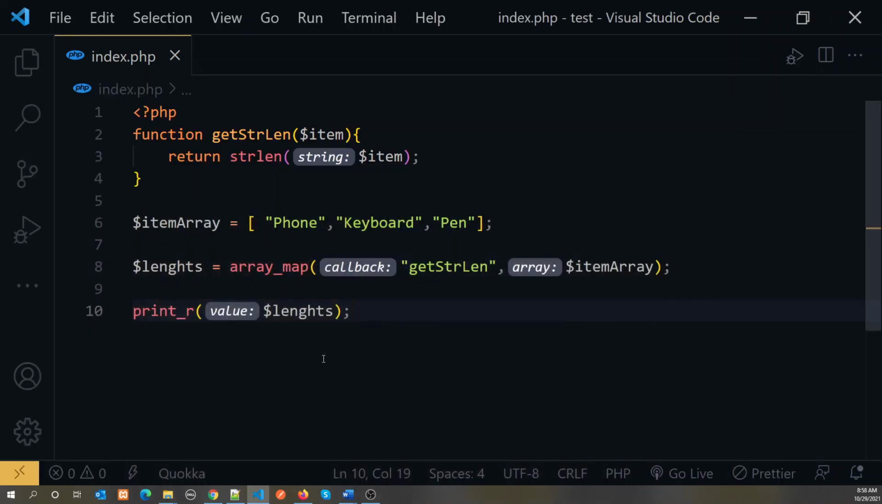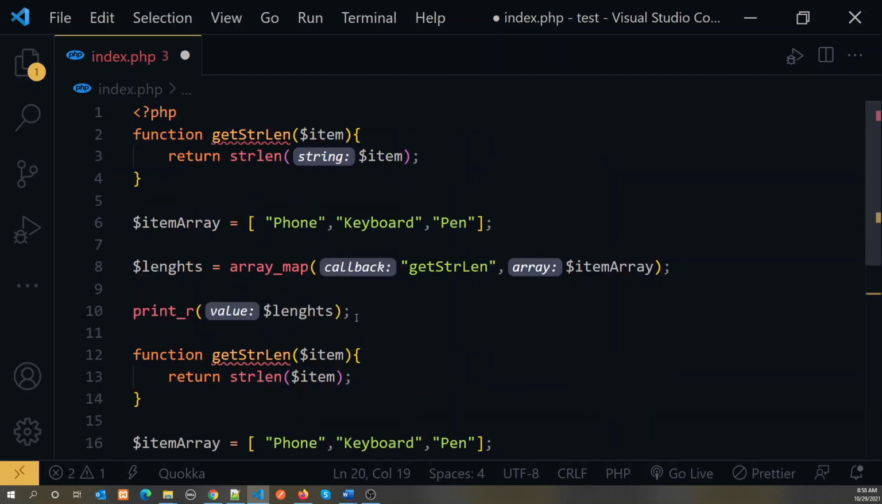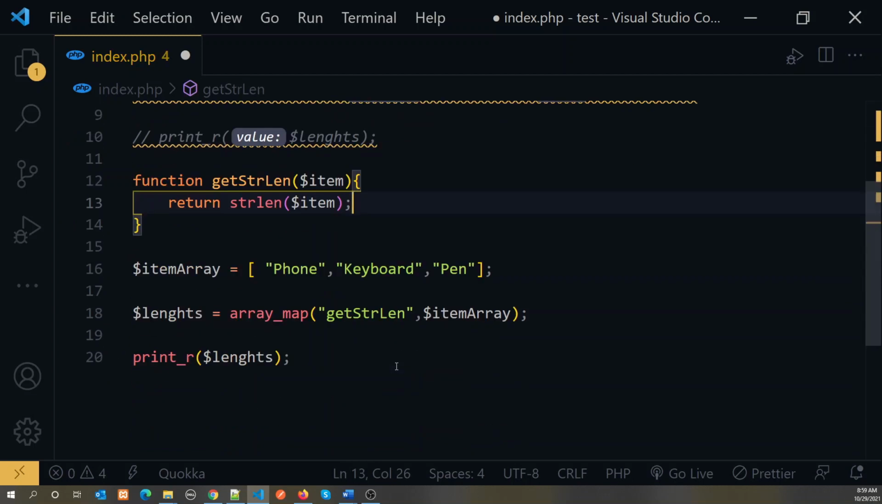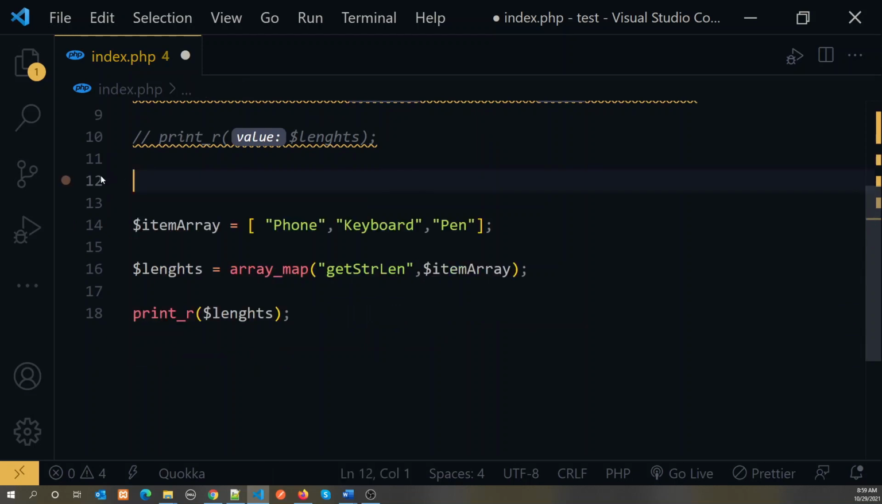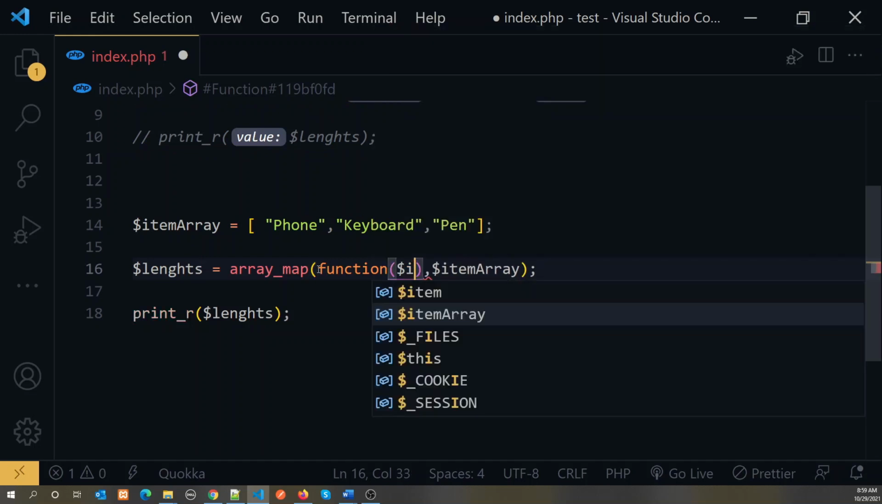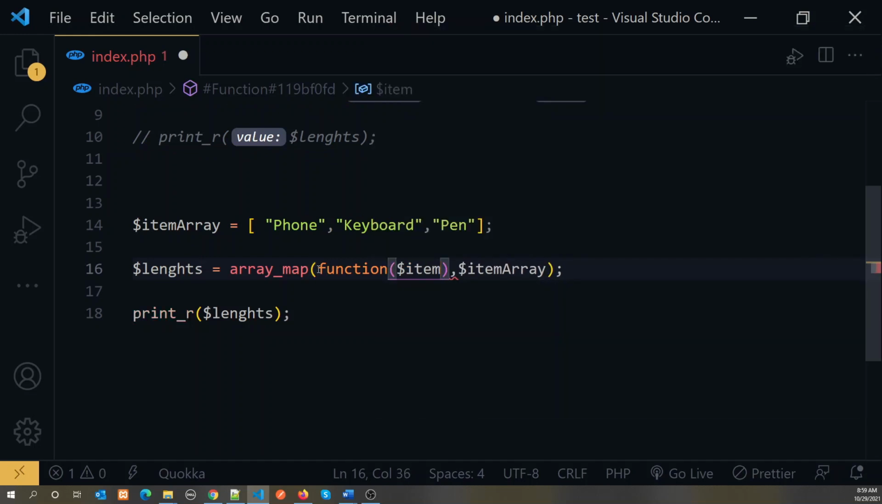Okay, this is one way we can do this, and also with the newer PHP 7 we can use an anonymous function. That means let's copy this again. Let's comment these out. Here, what we can do is, without defining the function, we can pass the function as an anonymous function, without a function name. That means here we have a function, with item, and we return